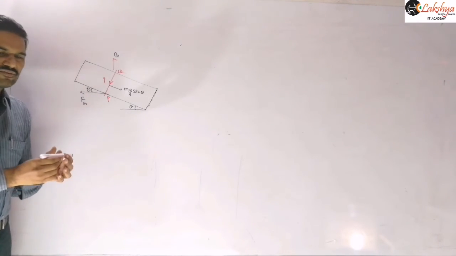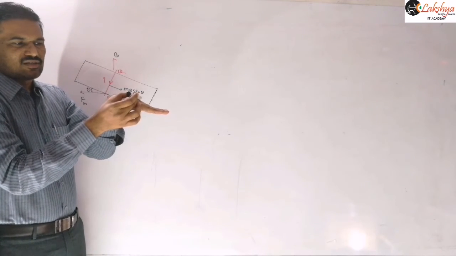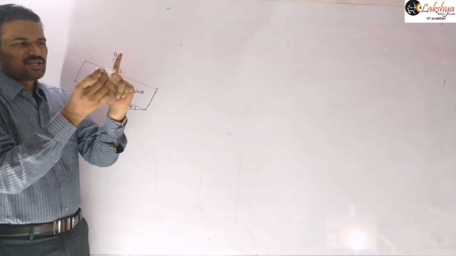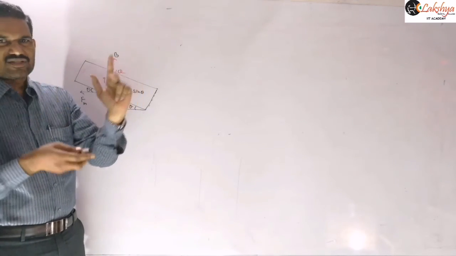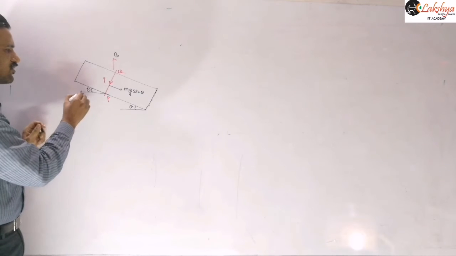The direction of this magnetic field. This is the inclined plane we are taking, and this is the current carrying wire here. So current is flowing out of the plane like this. Field is vertically upward direction, so thumb is along this horizontal direction here. So that is the magnetic force direction here.